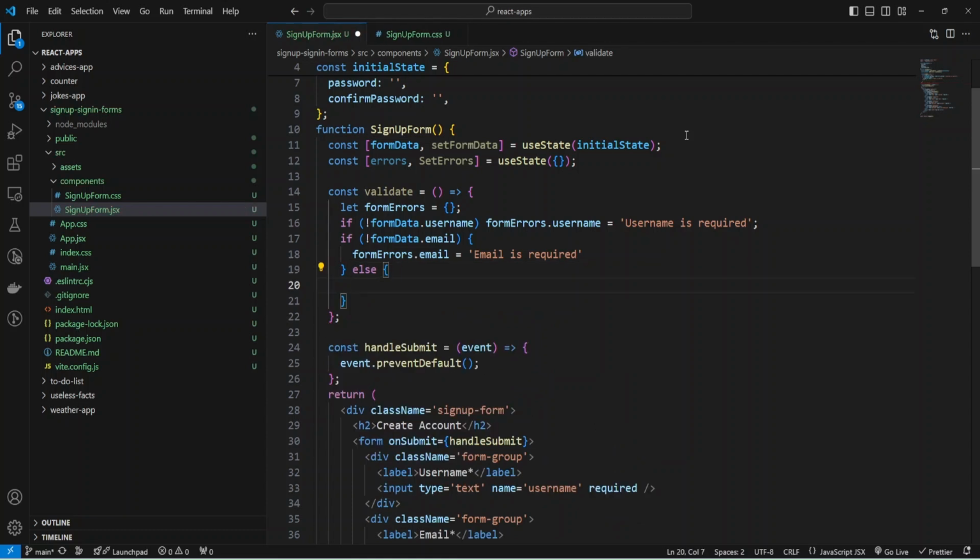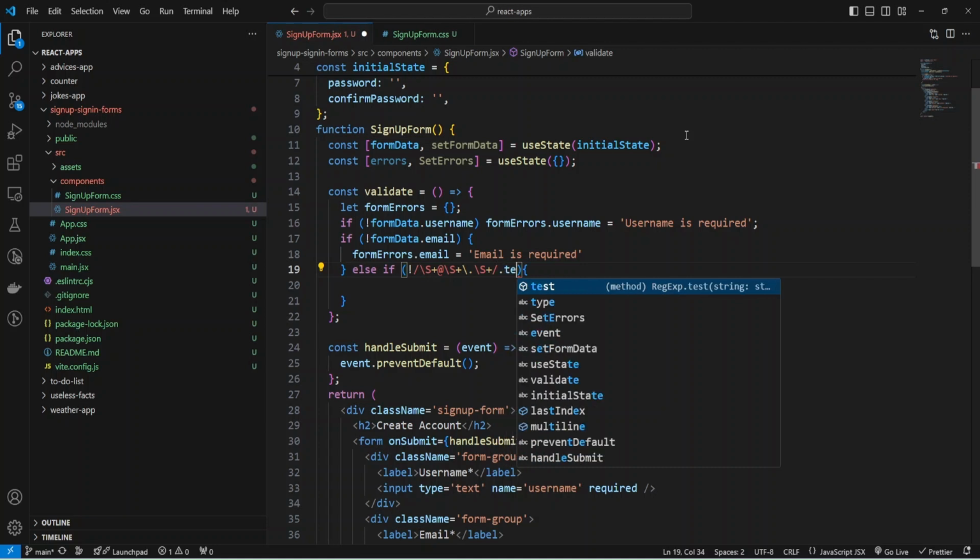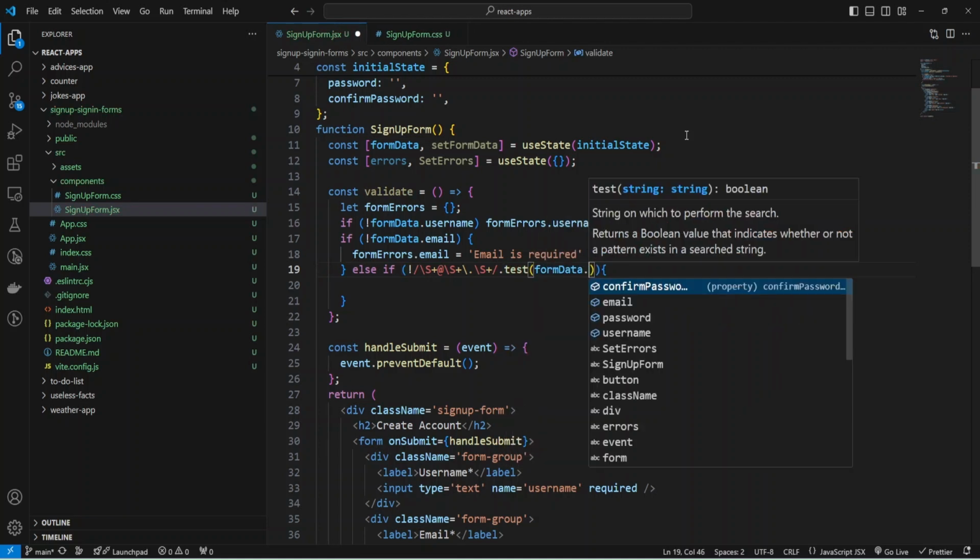Now I'm going to add a regex to check my email with else if our email doesn't pass this regex, and provide it like any string, any char, and then add @, and then close this, and also any char, and then we need some point, and also then any char, and we need to test this regex for our email, formData email.